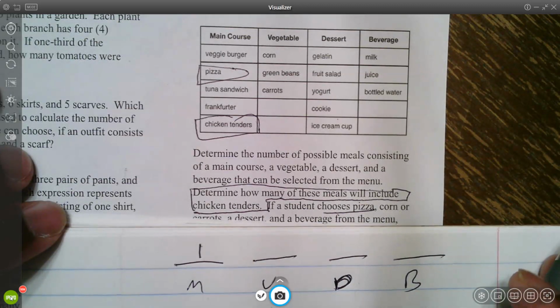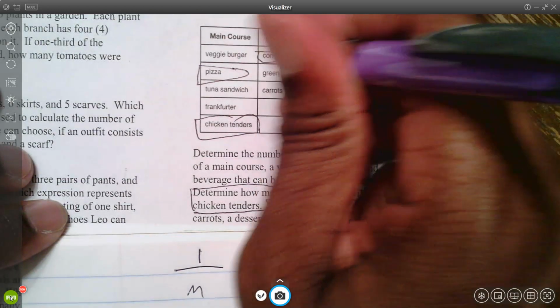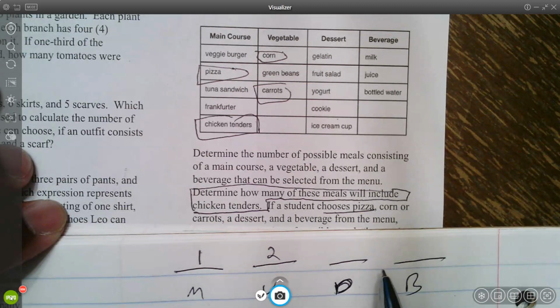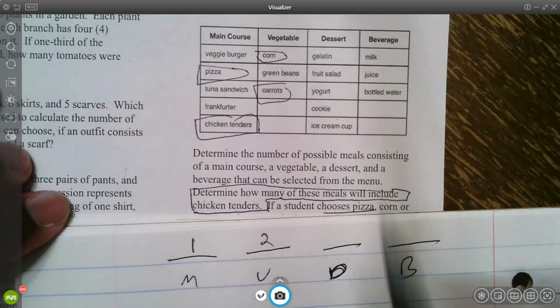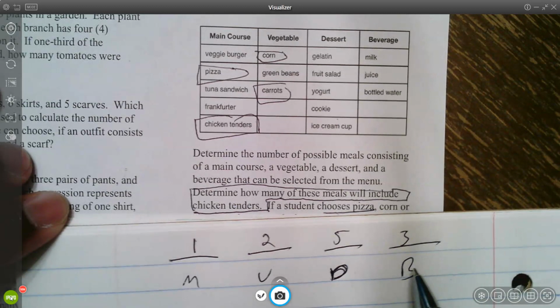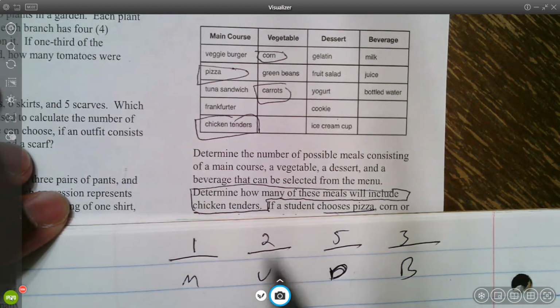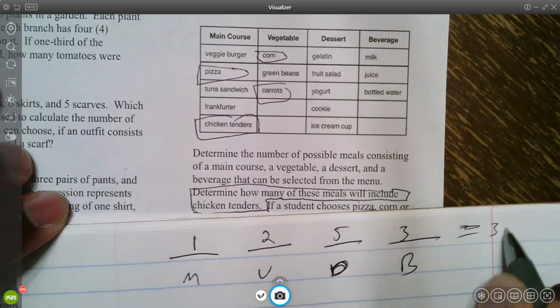For my veggies, it has to be corn or carrots. So it could be corn or it could be carrots. So I have 2 options for my veggies. And then it says that his dessert can be anything and his beverage can be anything. So I still have 5 options for my desserts. I got 3 options for my beverages. So that gives you 2 times 5, which is 10. Or 1 times 2 times 5, so it's 10 times 3. So it's 30 options